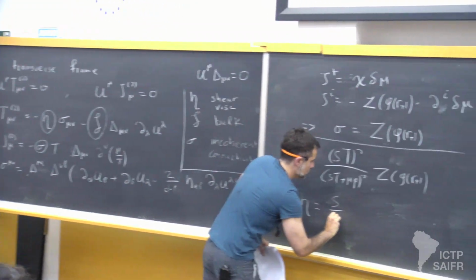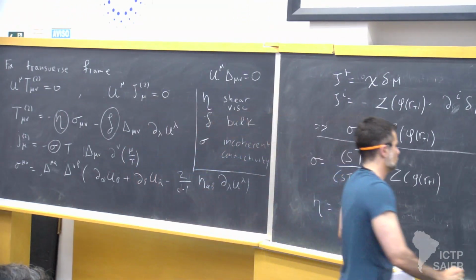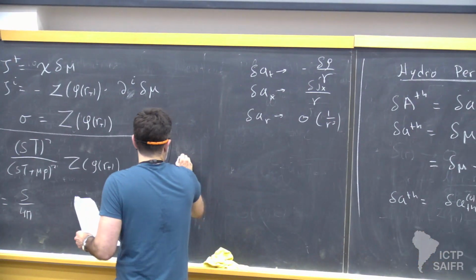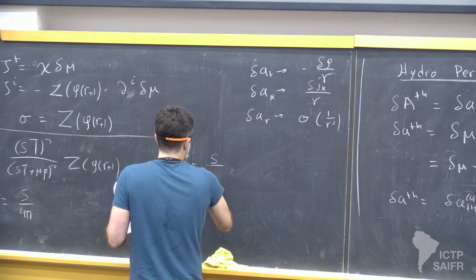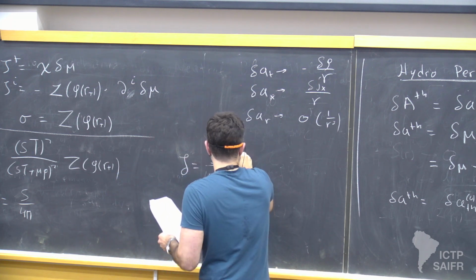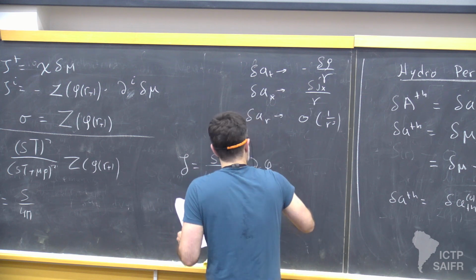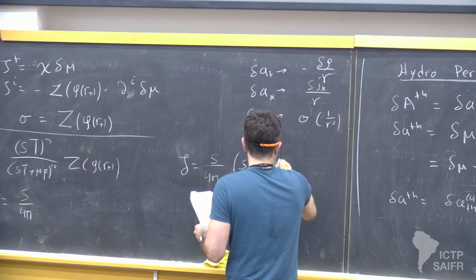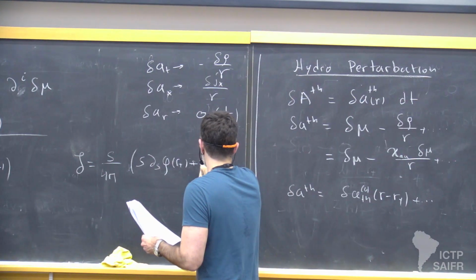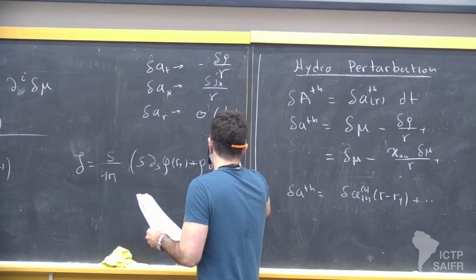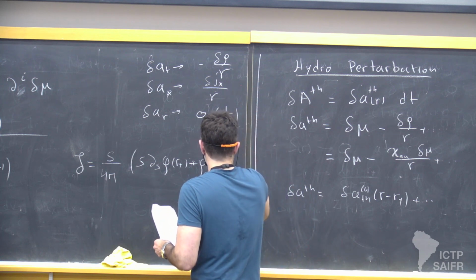It's the entropy density divided by 4 pi, which is a pretty universal thing for holography. And for the bulk viscosity, you can write entropy over 4 pi times entropy times the derivative of the value of the scalar field evaluated on the black hole horizon, plus the charge density times the derivative of the bulk scalar field value on the black hole horizon with respect to the charge density,